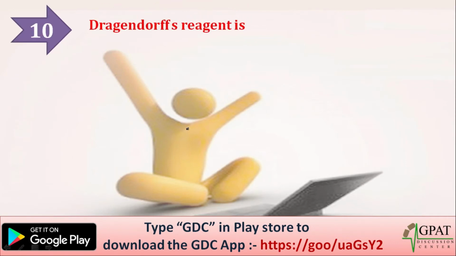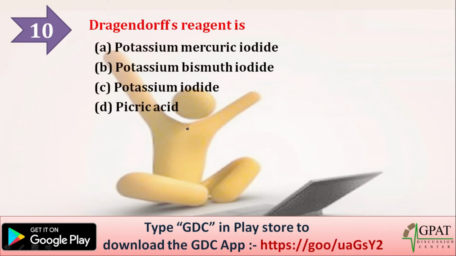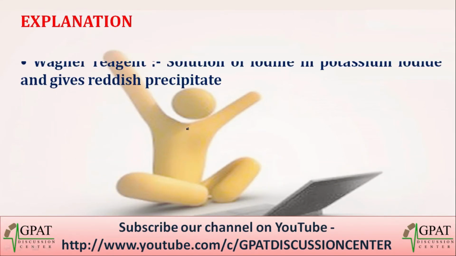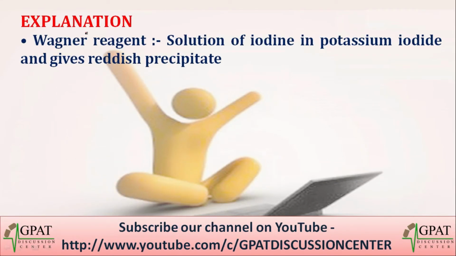The next question is: Dragendorff's reagent is option A potassium mercuric iodide, option B potassium bismuth iodide, option C potassium iodide, option D picric acid. Which is Dragendorff's reagent? The correct answer is potassium bismuth iodide. Let's discuss in the explanation part, reagent by reagent, that Wagner's reagent is